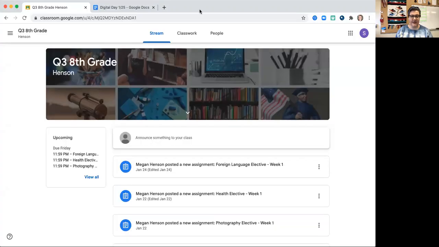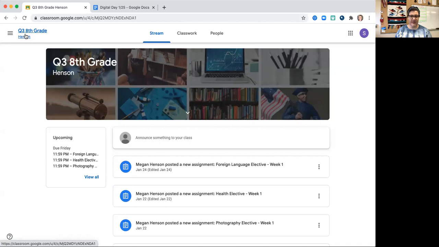And here we go. Let me get it set up so I can see it. So here we go. Here's Google Classroom. This is the class that you have been added to, Q3, 8th grade. This is the most important one that you need to join today. It looks a lot different than what we've done in the past. I put all the subjects in one place, so you only have to go to one class rather than going to all of them separately. But the assignments are set up also differently. So bear with me. It is going to look different, and your flow is going to feel different. So just be ready, but make sure you come and join Q3 8th grade.